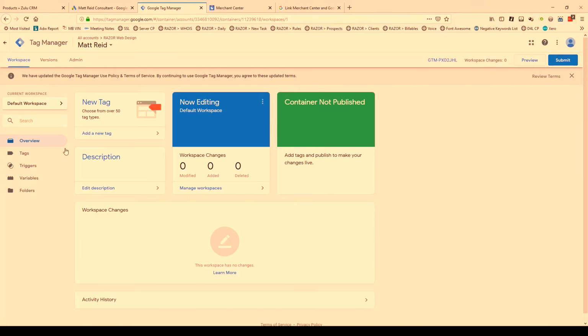So if you want to set up a little bit more tracking, you can do conversions as well. And that's where Google Tag Manager really comes into play. On Tag Manager here, we've got our tags empty at the moment. We don't actually have to set up anything on Tag Manager. We just want to use it for if we're going to plug in conversions or if we want to do